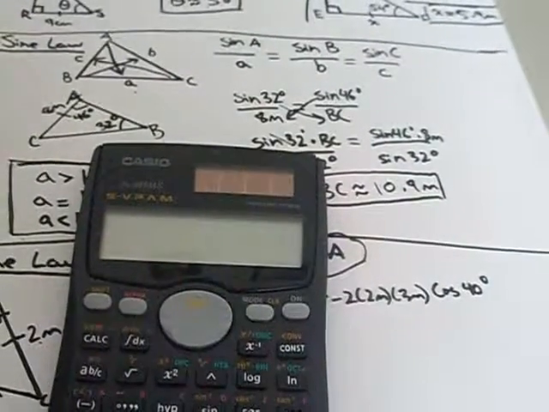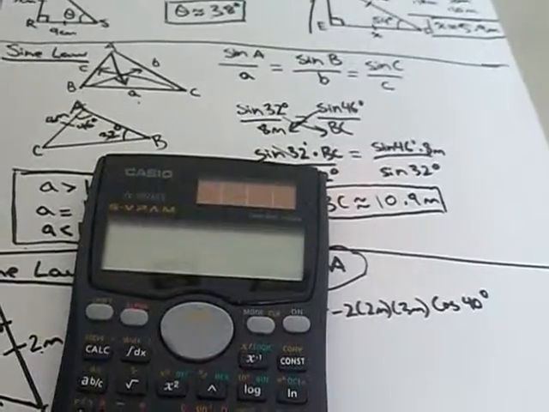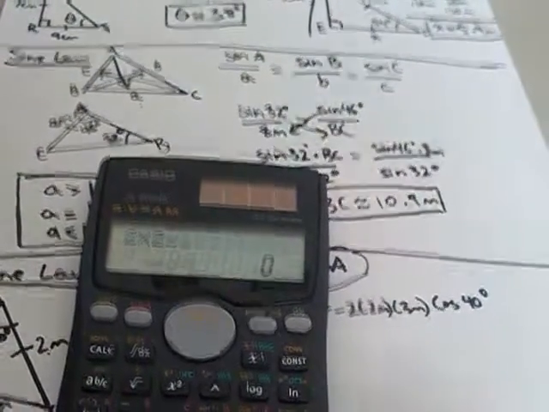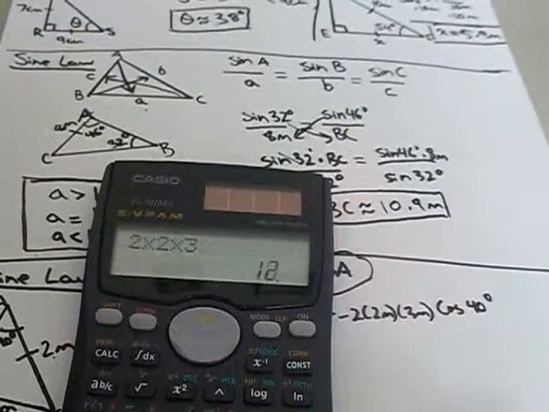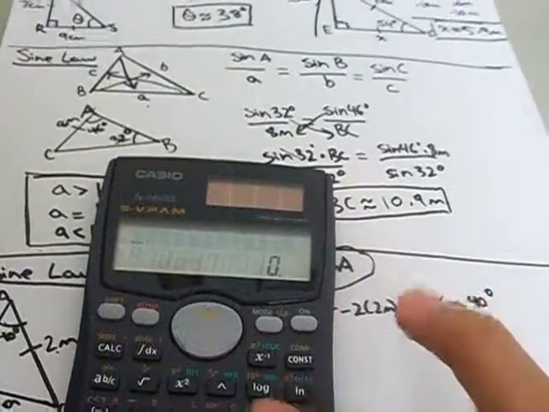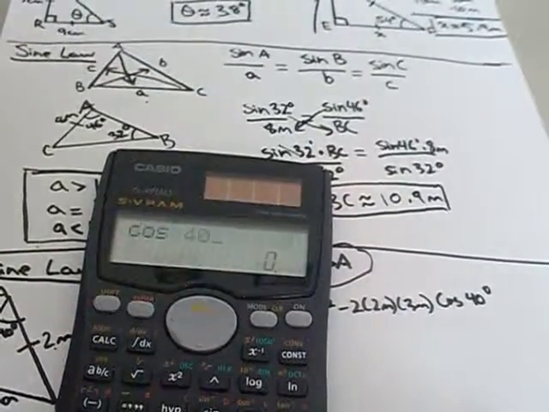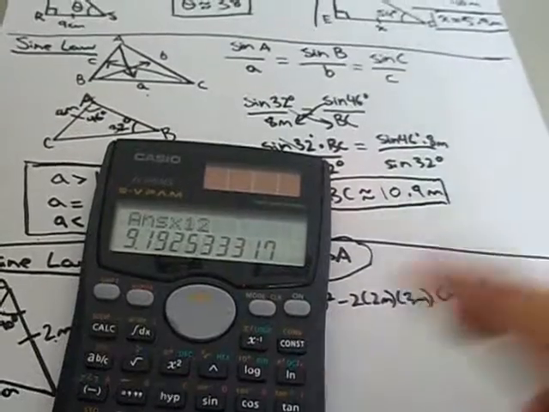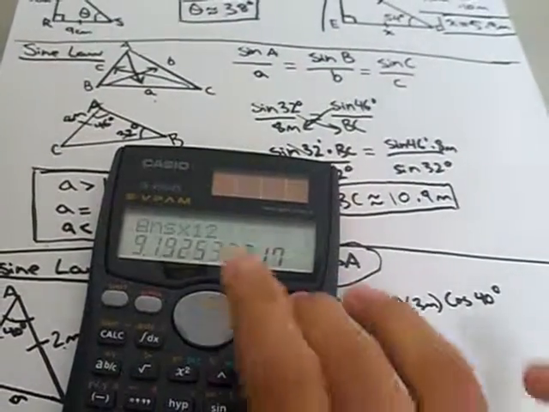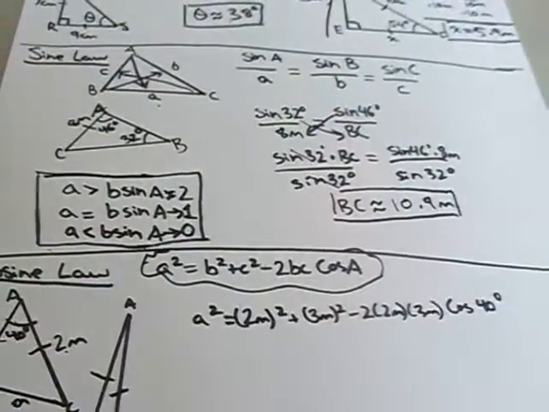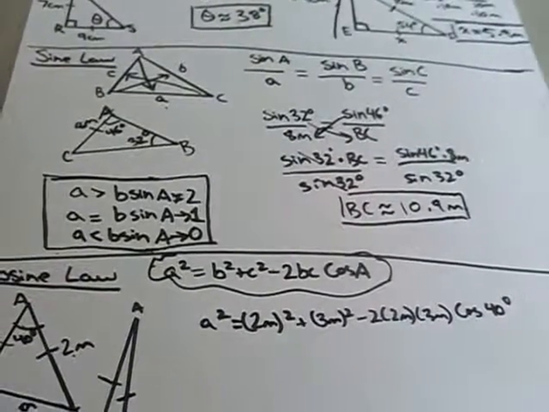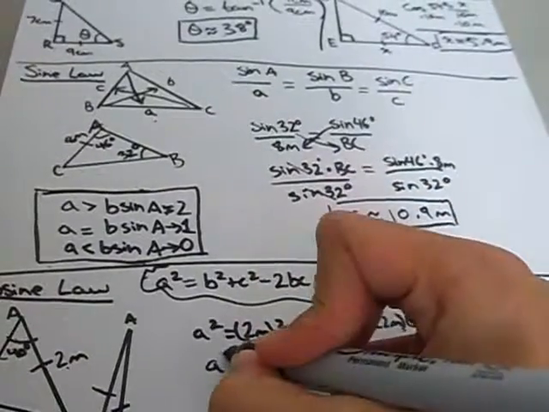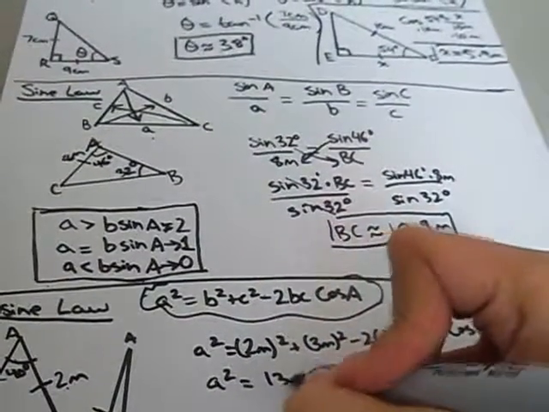Using BEDMAS, I'm going to solve this portion right here first. So 2 times 2 is 4, times 3 is 12. And cos of 40 times 12 gives us approximately 9.19 meters. So I'm going to write that. And 2 squared plus 3 squared will be 13 meters squared. So A squared is equal to 13 meters squared